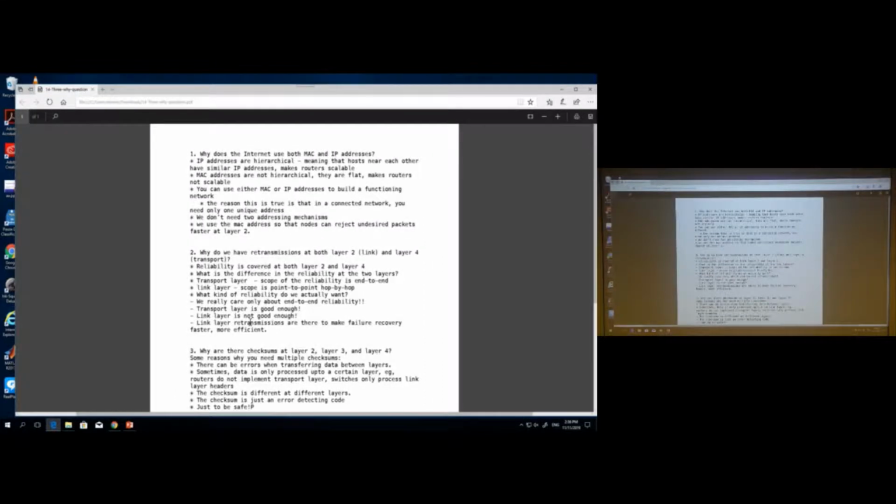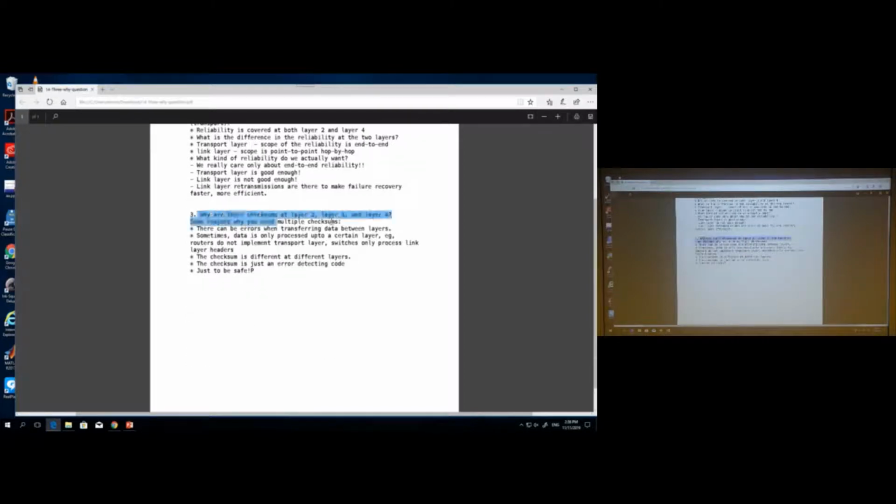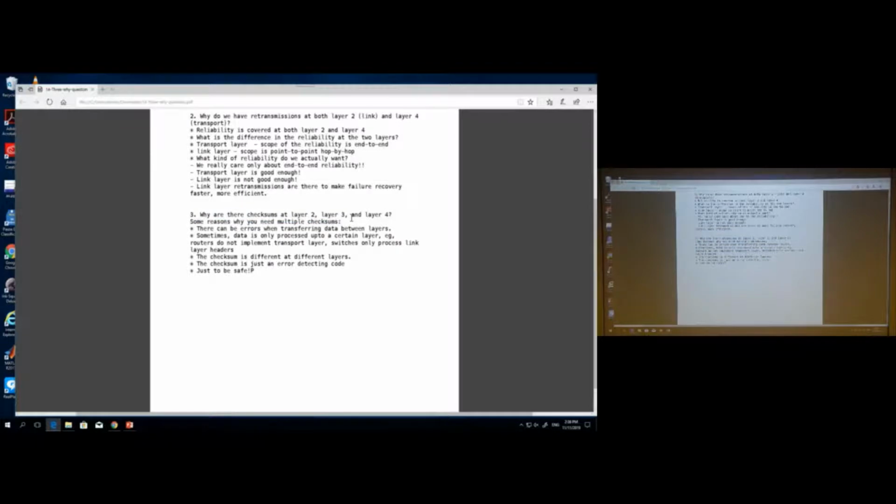So I also uploaded a set of slides called 3 why questions, and these were the 3 why questions that we've been asking throughout the second half of the semester. Why MAC and IP, why retransmissions at both layers, and why are there checksums at all these different layers. Basically the way to think about it is that a layer in the network protocol stack is nothing but a function call, and there's no reason why you can't have something go wrong in the computation, due to some error in the code or something in memory. So there can be errors when transferring data